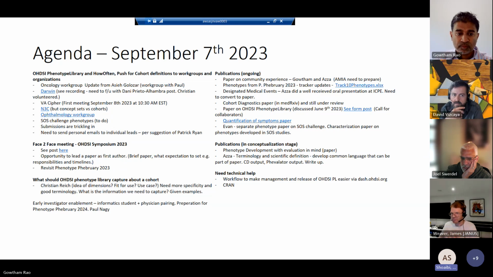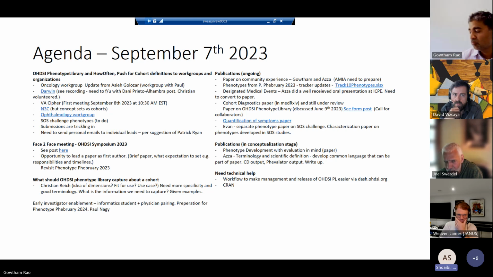But for the last 3 years, every single presentation coming out of OHDSI about how we perceive phenotypes has been defining phenotypes as a cohort with an entry criteria, with an exclusion criteria, with a start and end date logic, which by definition means it's not a concept set. And it's not only that the phenotype library we currently have is built that way, but the entire OHDSI stack is built that way.